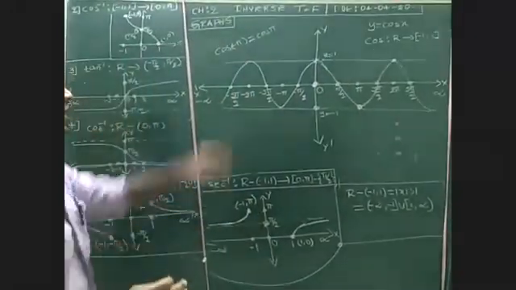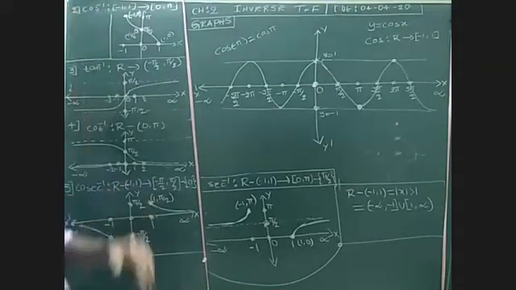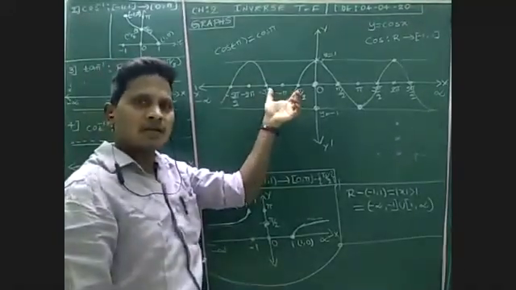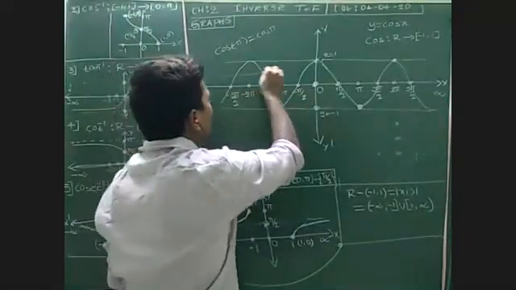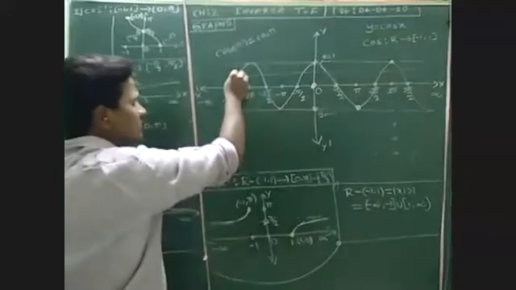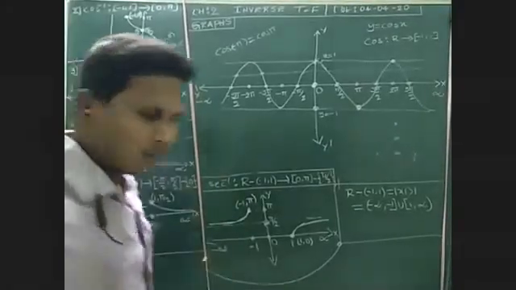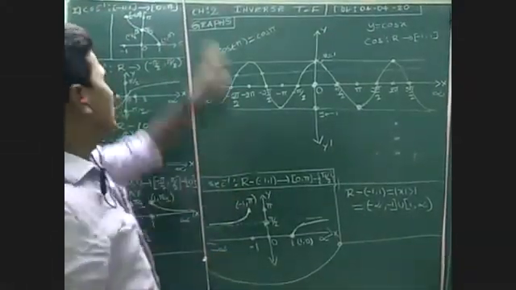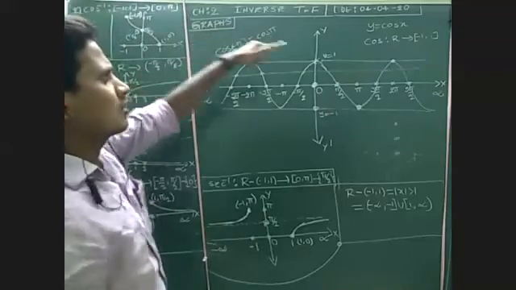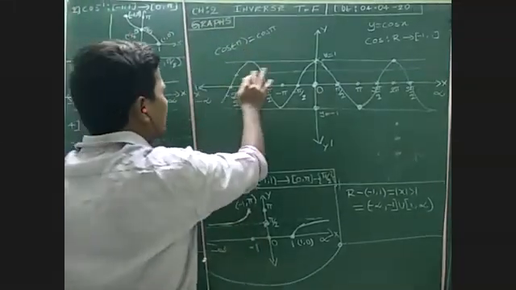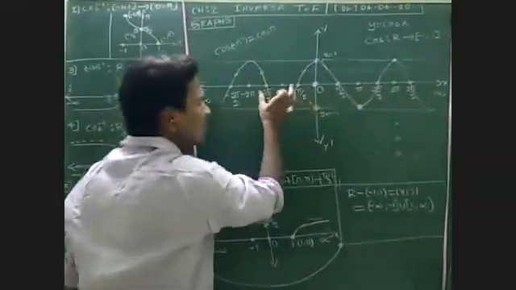Okay, this is the graph. But is this one-one? To draw the graph of the cos inverse function, to define an inverse function, the given function must be one-one and onto. By using the horizontal line test, if you draw a horizontal line like this, it will meet the given graph at more than one point, so it is not one-one, so the inverse does not exist. We can make cos one-one by restricting the domain. The domain is minus infinity to infinity, so I want to restrict it.